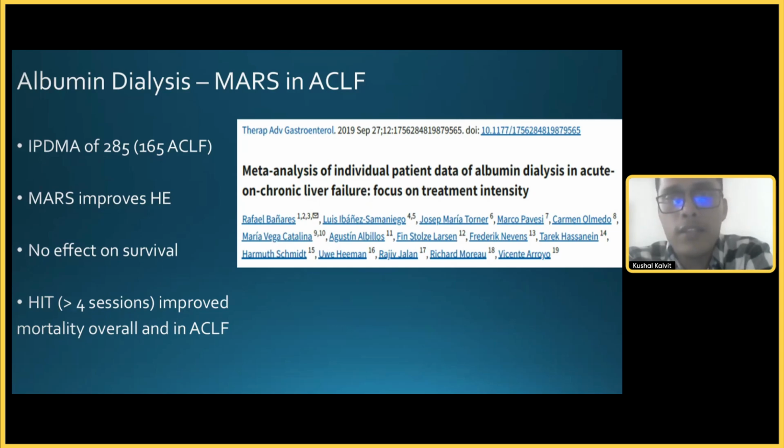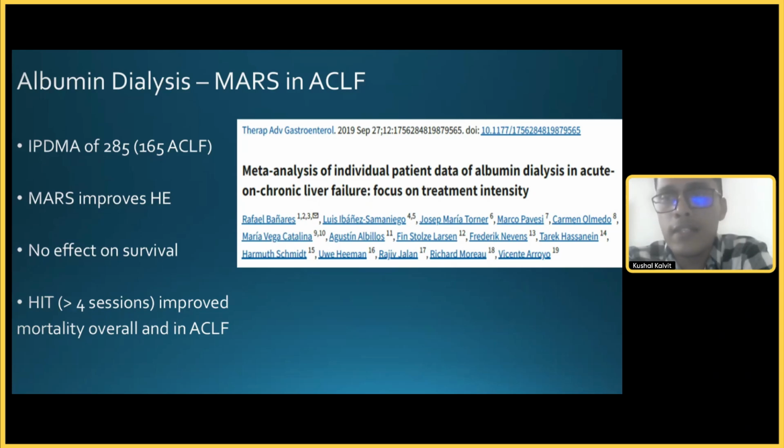Recently, a meta-analysis of all the individual patient data was done. So of all the multiple studies, individual trials that were done, including the CANONIC study that was done on MARS, what they found is that, yes, MARS improves creatinine and bilirubin levels, it improves hepatic encephalopathy, and it does not have an effect on survival. Now, although this was already known, what new this study tells us is that it was focused